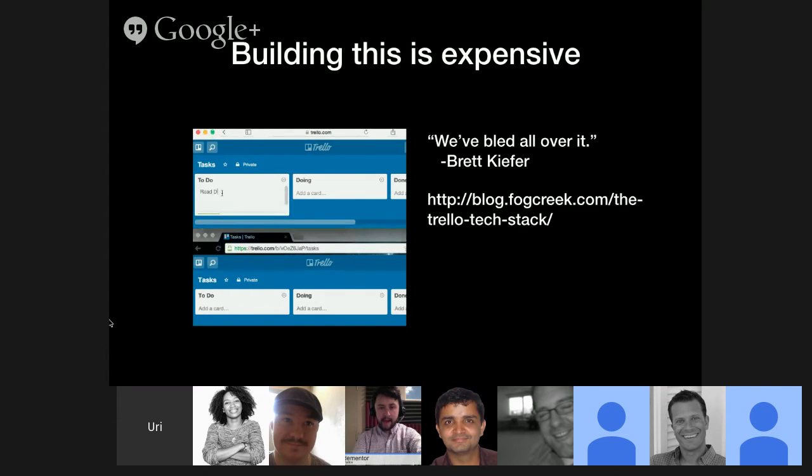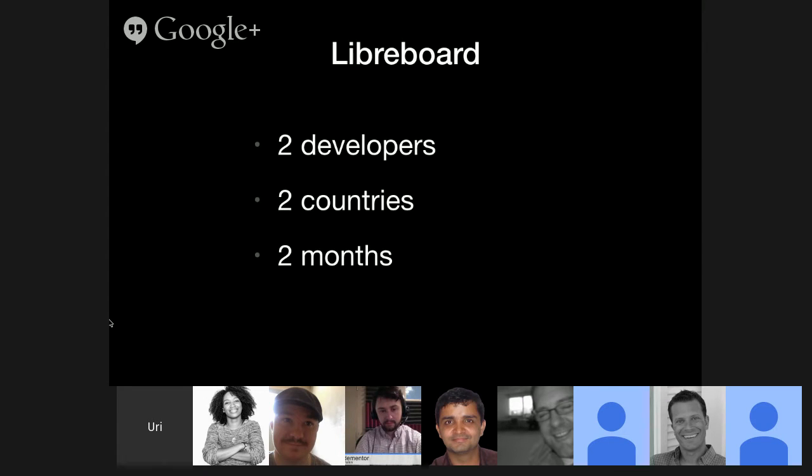A good solution that shows how Meteor is radically simpler is Trello, and I showed that at ngConf. There's a leaderboard. You can Google it. It's a Trello replica that is open source. It's developed by 2 developers in 2 countries in 2 months, and it works great.